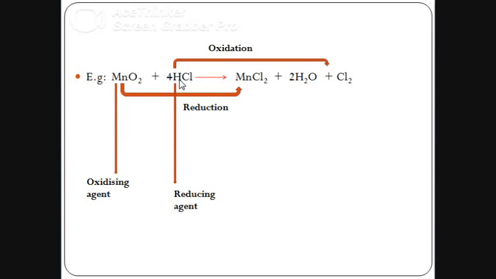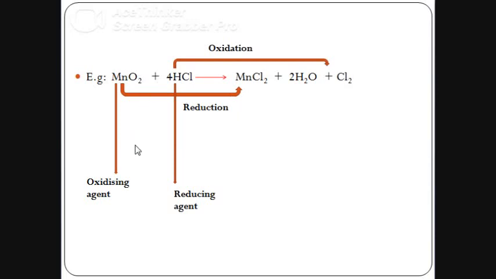Here hydrogen is more electropositive as compared to chlorine on the basis of reactivity. So here it is oxidation of hydrochloric acid, that is HCl is oxidized, or we can say an oxidation reaction has occurred here. Then manganese dioxide has been reduced, that is reduction has taken place, because here oxygen has been removed from manganese and a chlorine atom has been added, and removal of oxygen means reduction. Always remember, oxidation and reduction both will be on the reactant side, not on the product side.